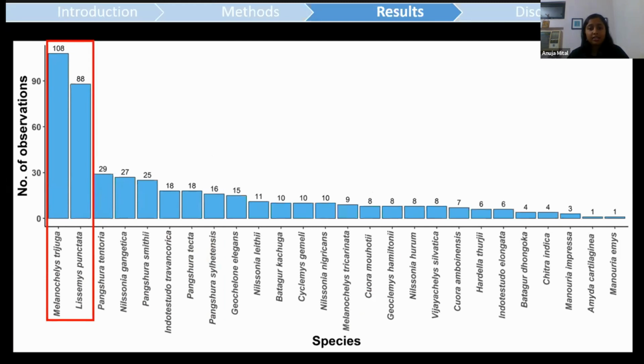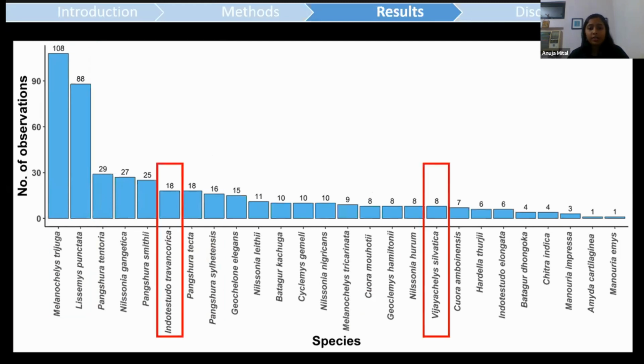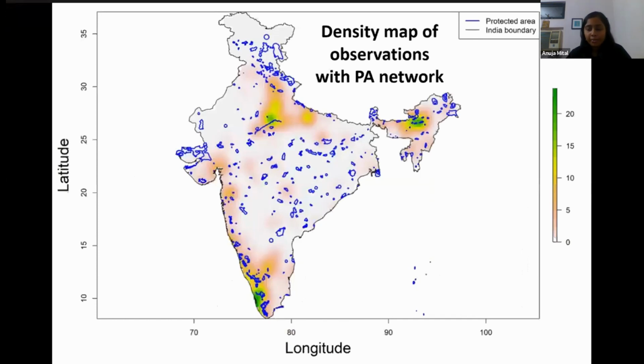What is interesting is that we expected the Travancore tortoise and the Cochin cane turtle, which are supposed to be rare endemics, to be at the tail end, but we do have some decent records of these on the FTTI group as well. Now, I went on to try to do some preliminary point pattern analysis with our location records,